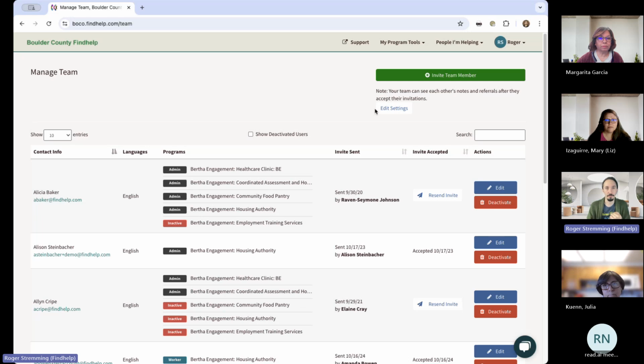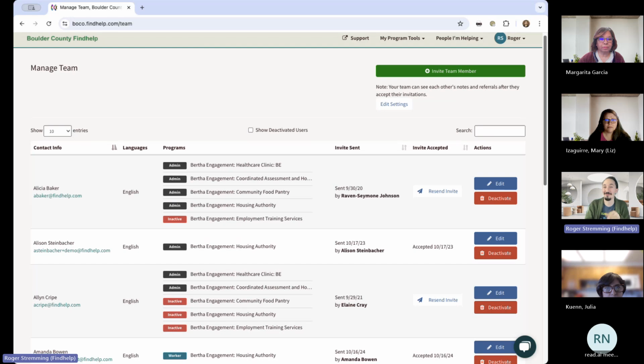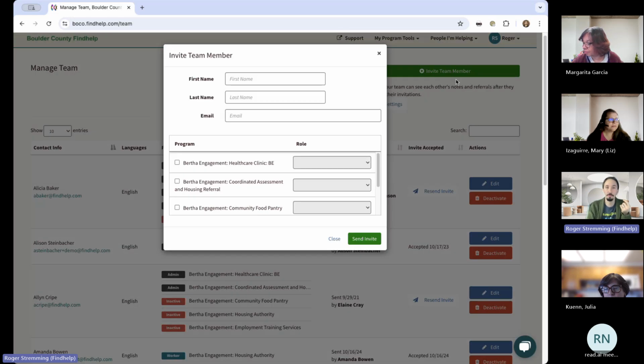When I click My Team, I get access to this page, and you can see there are a few things. If I look to this bottom part, you'll see all of my team members, and I'm on demo programs, so we have a lot of team members. You can see their name and contact info, as well as what programs they're associated with, when the invite was sent, and then you have some options here to edit their level of access or to deactivate them if they no longer work at your organization. But when you go in for the first time, you're not going to have anybody else. It'll just be you. So what you'll want to do is click Invite Team Member, this big green button,